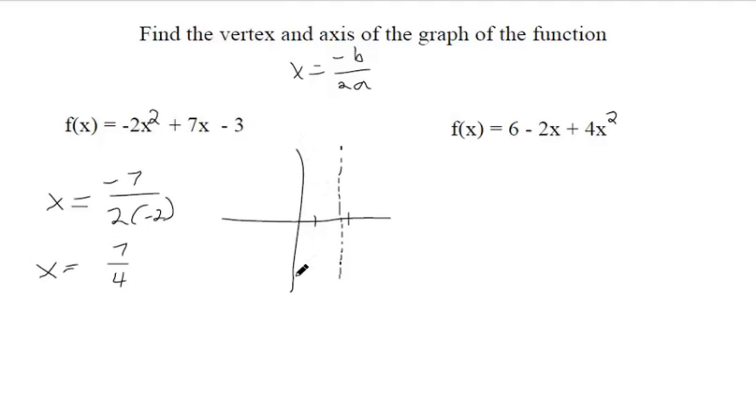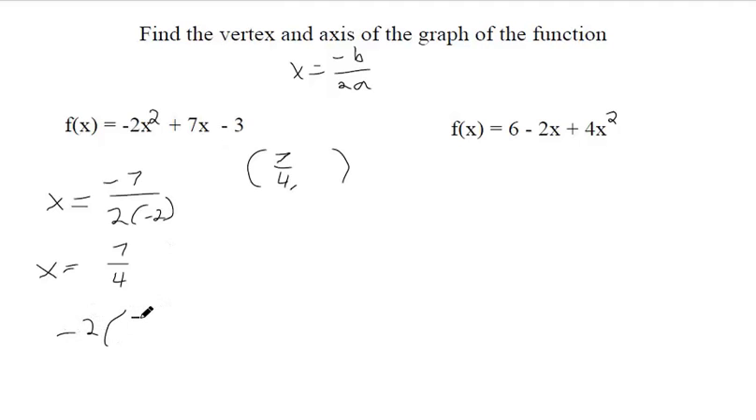So our graph will look something like this, depending on where the vertex is. It switches directions right at that dotted line. Okay, so now the question is, what's the y coordinate for the vertex? Okay, so you got to plug in 7/4 into that function for x and see what it gives you for y. Okay, so if I do that, I've got negative 2 times 7/4 squared plus 7 times 7/4